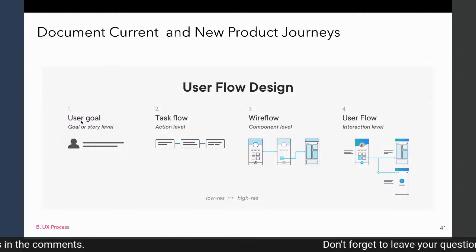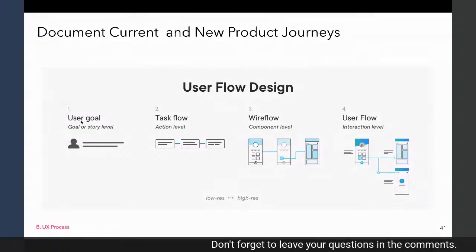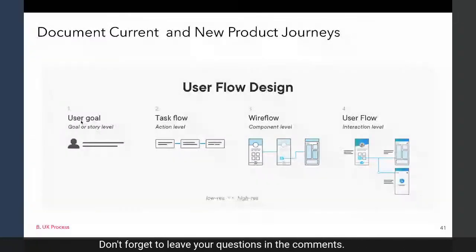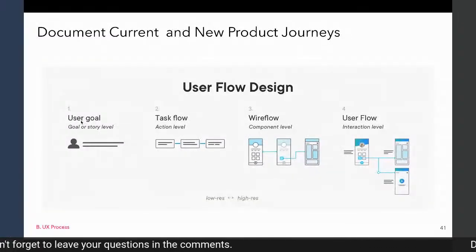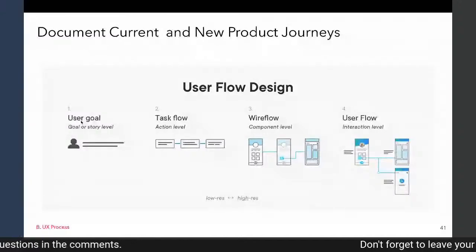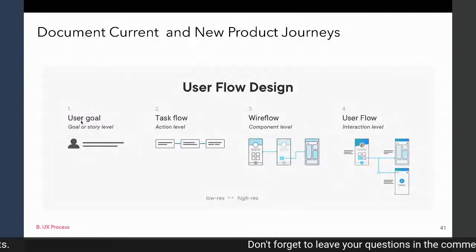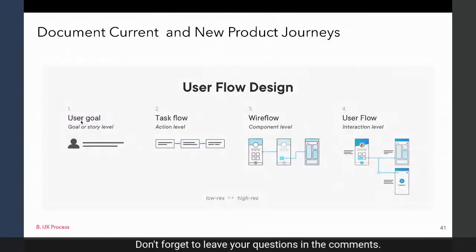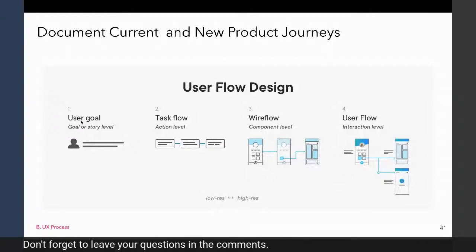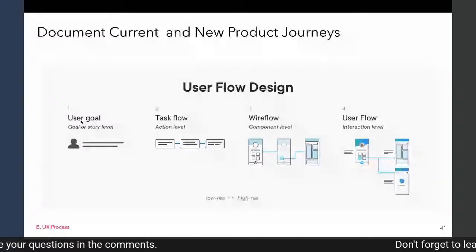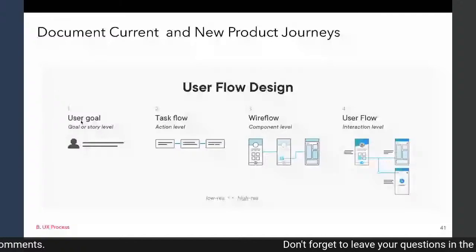Sometimes they would skip some steps or processes, but it's really more about solving that problem. For example, if the team already has a workflow, then you can proceed with the user flow.